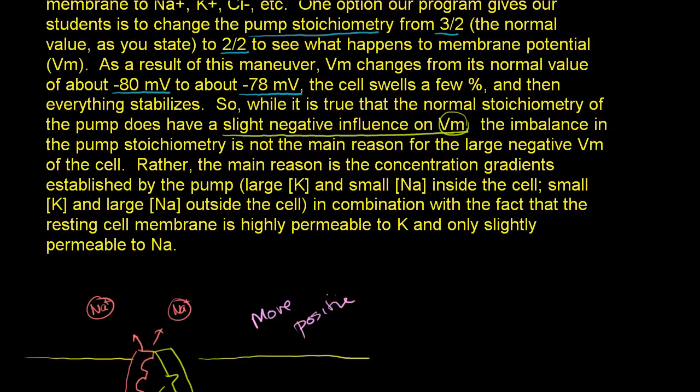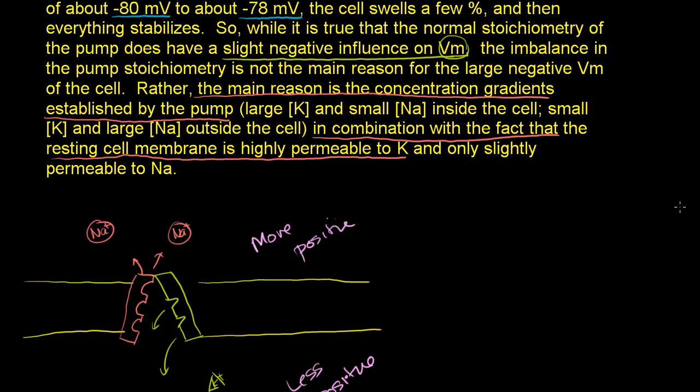Rather, let me underline this, the main reason is the concentration gradients established by the pump, in combination with the fact that the resting cell membrane is highly permeable to potassium and only slightly permeable to sodium. So we said in the last video, or the